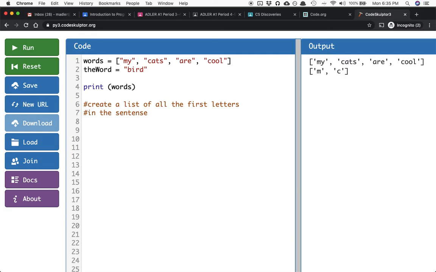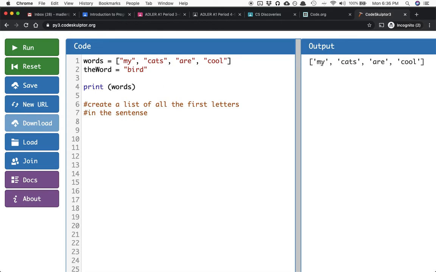different lists, right? This first item on my list is a list including the letters M and then Y. And the second item is a list of letters including the letters C, A, T, S. And the whole thing is a list of these different lists. So just to show exactly what I mean and get a little bit of knowledge of what that is, I know that if I print out